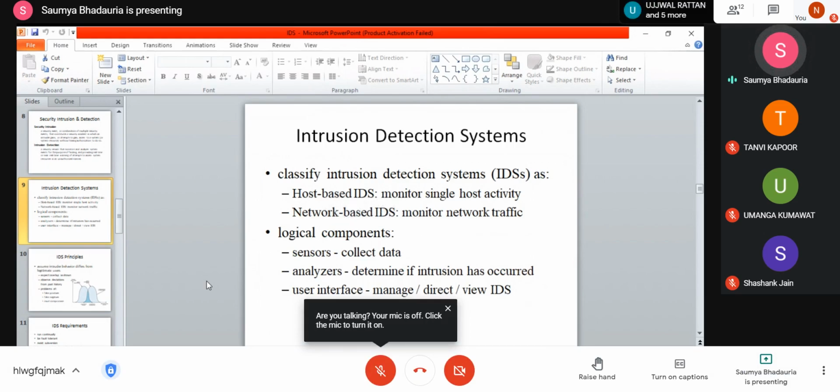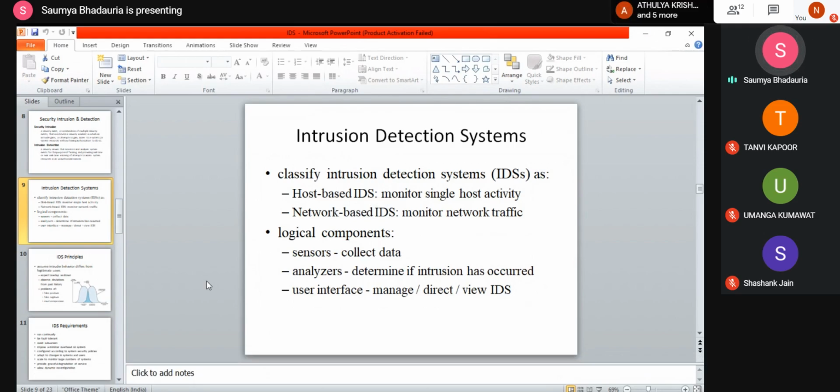The proper input is proper data passed onto the system or the particular device. The types of input to a sensor normally include packets which are flowing on, log files in the system, or any other system files with which you can identify the entire process as an intrusion. Once the sensors have collected this data, it is sent on to the next part, which is referred to as analyzers.